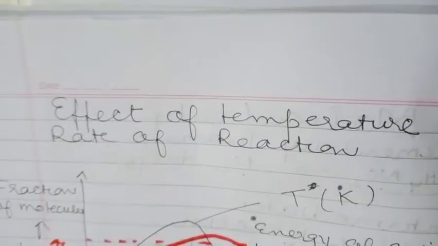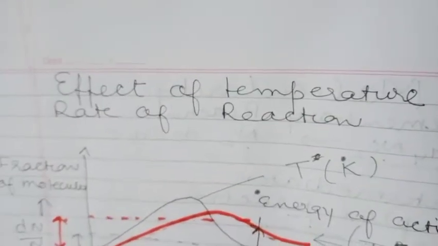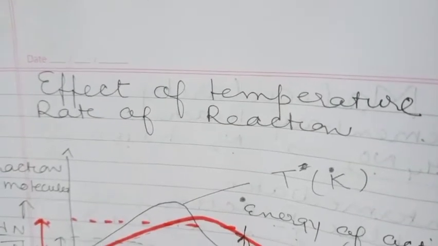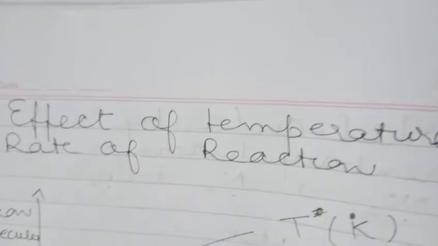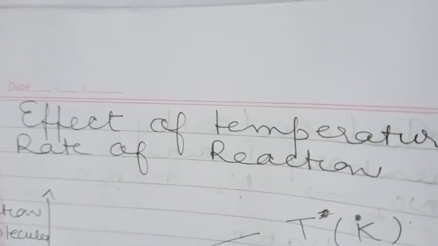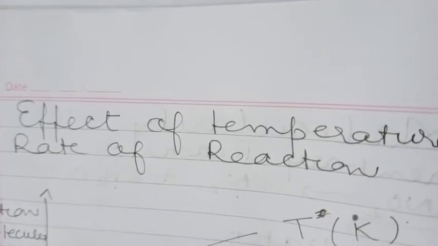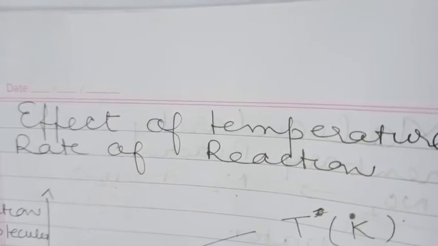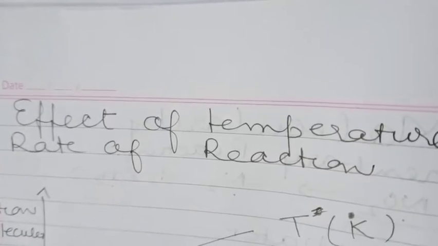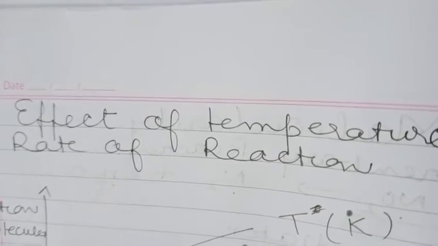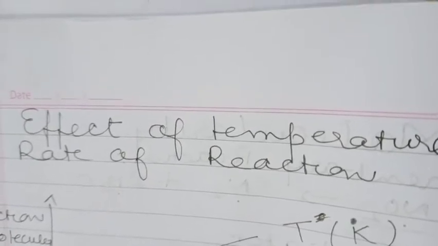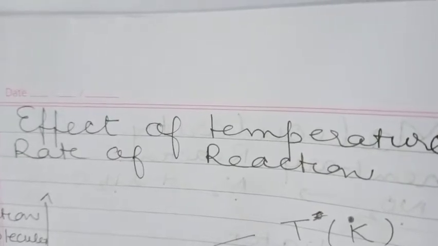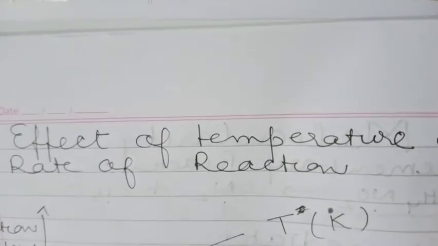Good morning. Today we will study the effect of temperature on rate of reaction. Normally it is observed that if temperature is increased by 10 degrees, the rate of reaction becomes almost double. You know that for a reaction to occur, the molecules must have a minimum energy that is called threshold energy. That means we have to supply a certain amount of energy in the form of activation energy to the reactant molecules so that they can be converted into product.